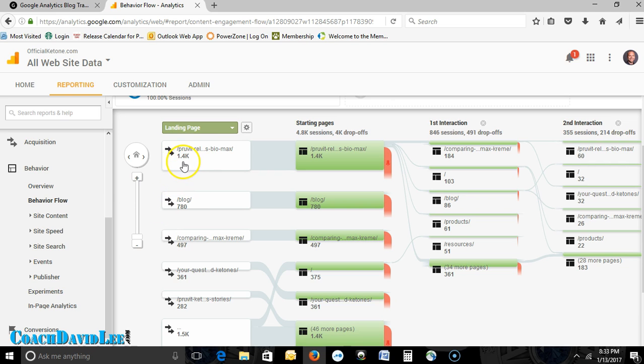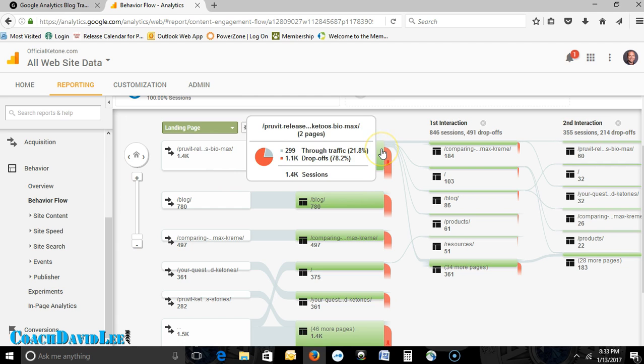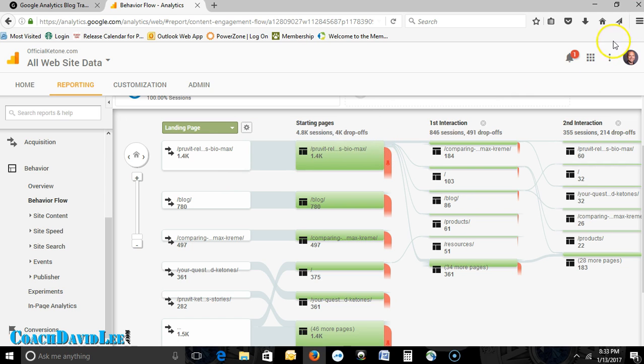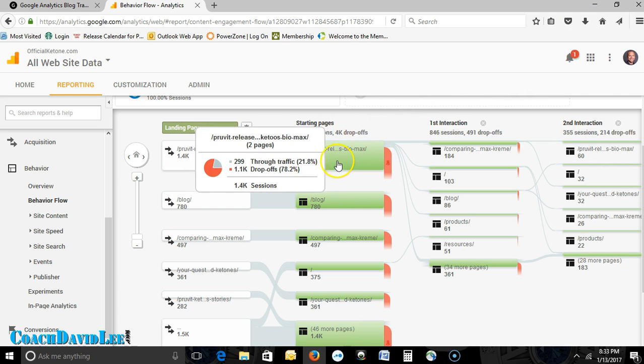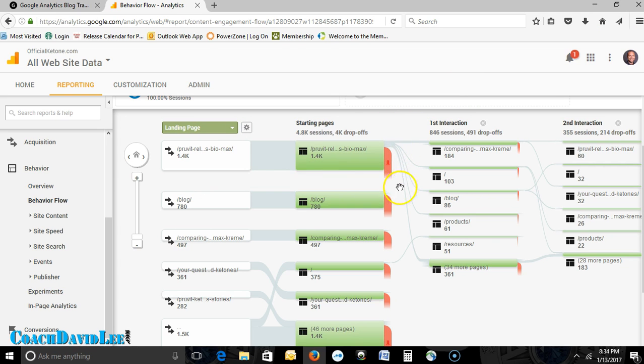What are they clicking on? So as you can see here, basically this shows you where people are starting. You can see starting pages, and then where are they going from there? Are they just leaving and clicking X and leaving your website? Or are they clicking on other areas of your website? And that's really important because it's important to